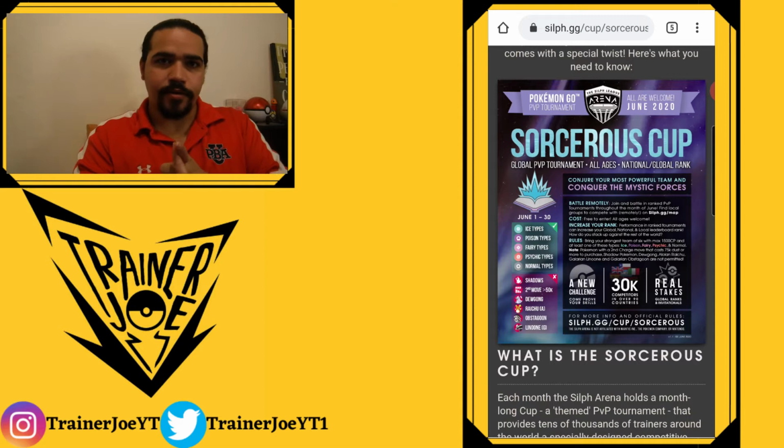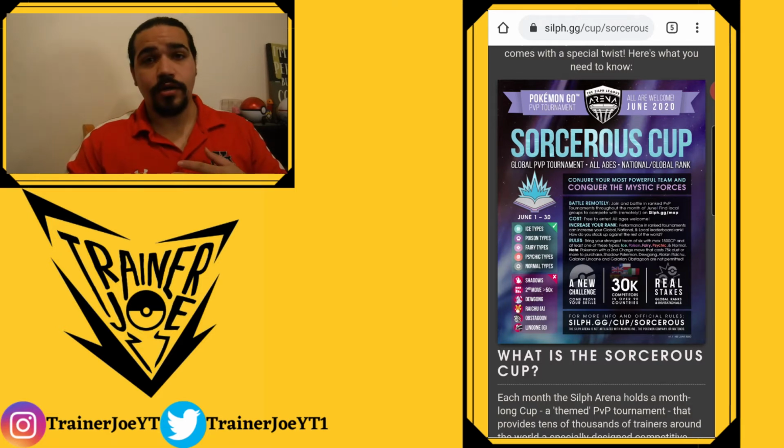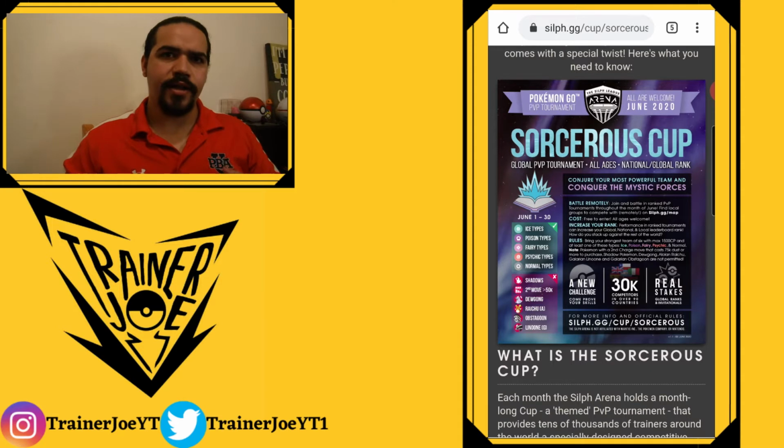No Shadow Pokemon, none of those. No Pokemon with second moves over 50,000 Stardust, which is really nice. It means you save a little bit of dust. No Dugtrio, no Alolan Raichus, no Obstagoons, and no Galarian Linoons. Why not Galarian Linoon? Well,